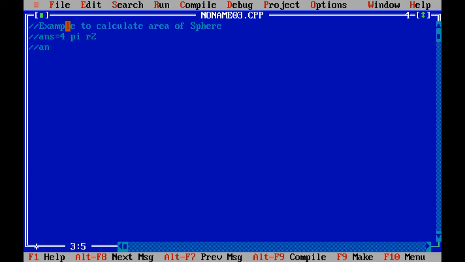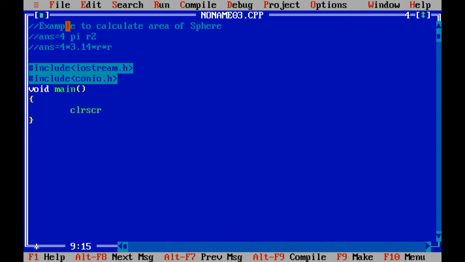Let us simplify the given formula. Answer equals 4 into 3.14 into r into r. Now two header files which we need to include: include iostream.h, include conio.h, void main, clrscr, getch.